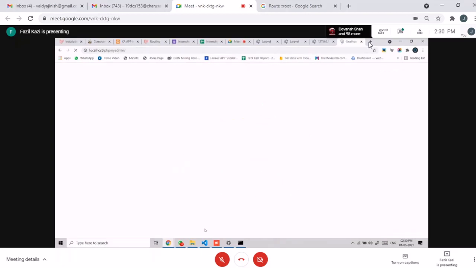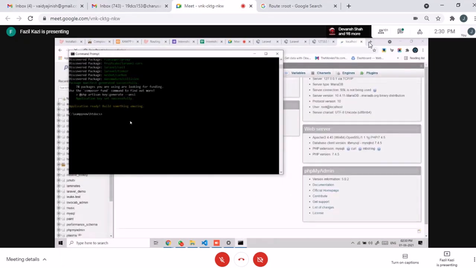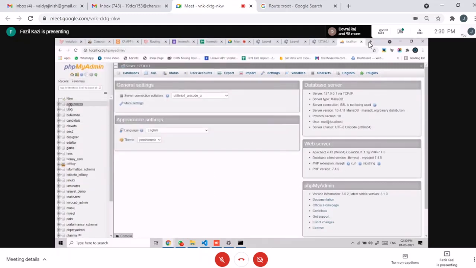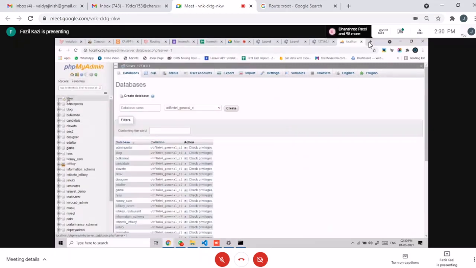You will get, if you are lucky, then you will not get any error while installing this Laravel, but everyone will get the error. So solve it by doing some research, and if it is not working, then I can tell you what to do. And here you need to create a blank database, like we have created the test project. So I am also going to create a database here for the test project.